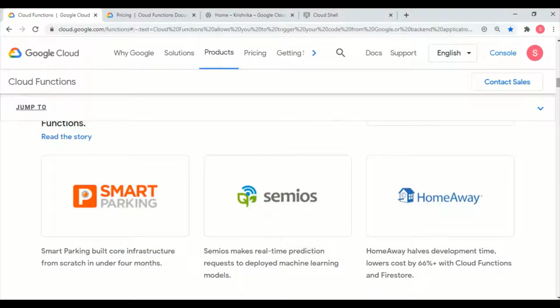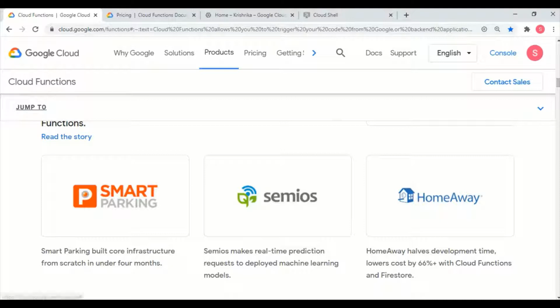Most important nowadays, one of the things that can be implemented using cloud functions is machine learning models. For instance, if you want to run a machine learning model and some user just wants to hit the model, a very normal user who doesn't know the technical stuff, you just need to create a Google Cloud function which will be running that model. It takes the arguments and gives you the results. The model gets arguments from the cloud function and provides the results in return. It is as simple as that.